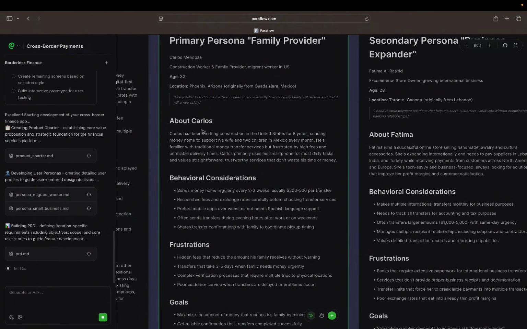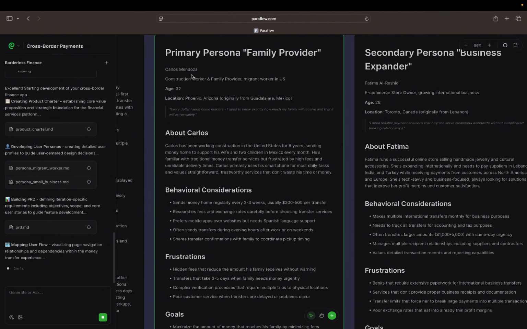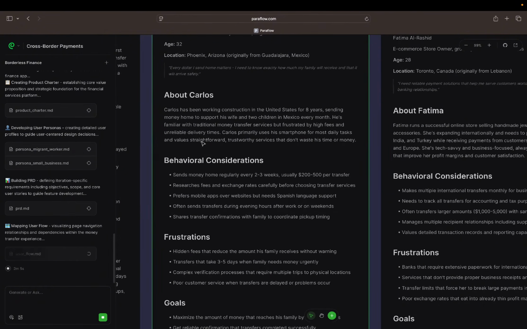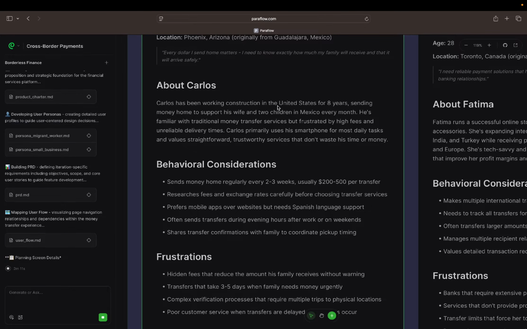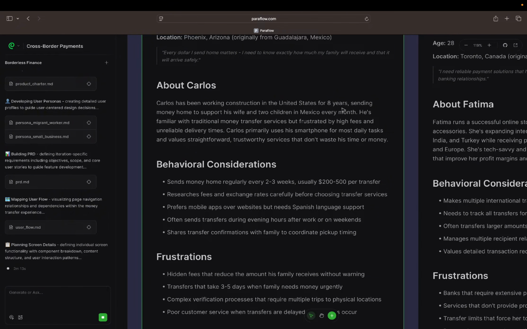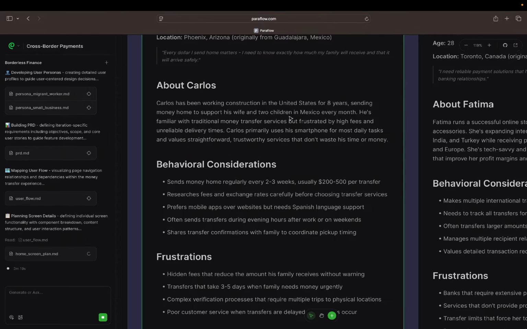I wanted to skip the video while it's cooking, but I think it would be nice if I give you some context into what it's actually doing. And first, it has defined some of the basic bio for this user, and then went into telling us about Carlos. So Carlos has been working construction in the United States for 8 years. I think that sentence is a bit off. For 8 years, sending money home to support his wife and 2 children in Mexico